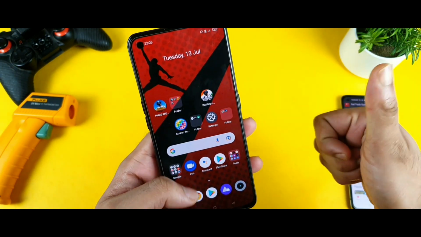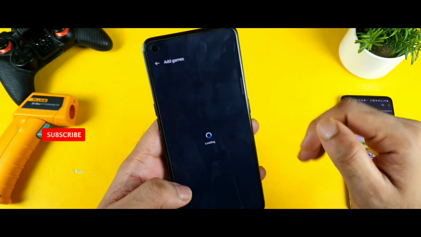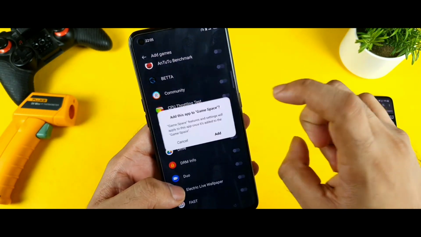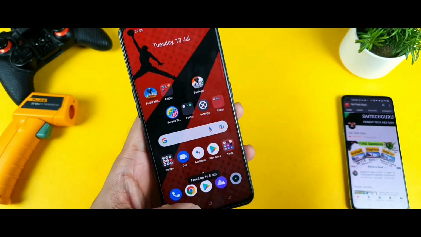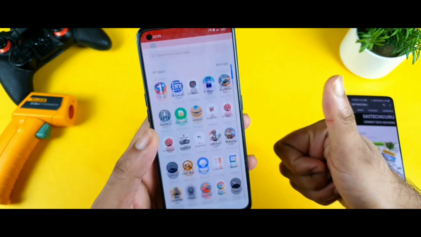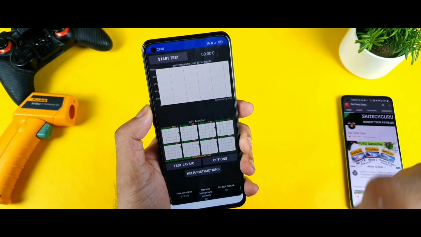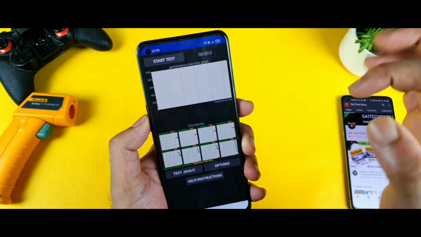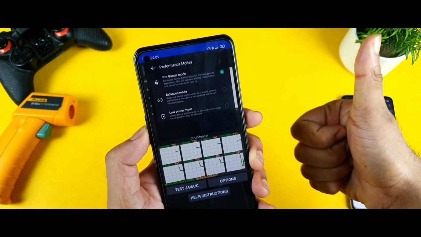Right now we've done this part, and now let's open the game space and try to add the CPU throttling. So into this game space, let me just search for the CPU throttling. Yes, CPU throttling added successfully. And now let me try to clear even these applications. Everything is completely clean. Next, use the 50% brightness, done. And I'm trying to open the CPU throttling. Now in the game space we do have the option which is a pro gamer mode. So obviously let me turn on the pro gamer mode, which is a balance. Right now I'll try to set the pro gamer mode.